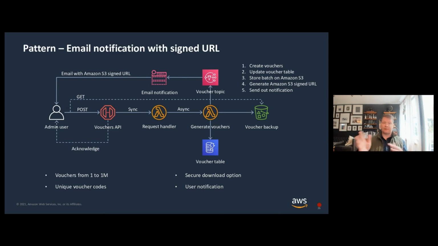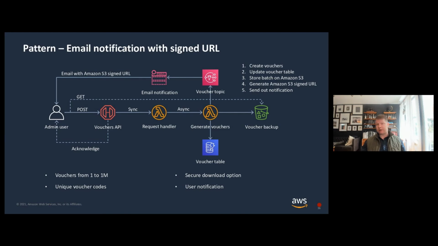If we say that the Lambda was unreachable or whatever happened there, the admin user at that point knows, okay, we're going to try again. And so from the asynchronous side, when you move into event-driven architectures, really what you're looking at is a lot of asynchronous handoffs where maybe the other services behind that originating request don't know anything about the vouchers API.